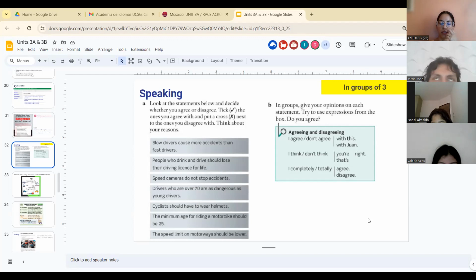Do you agree or disagree? The speed limits. Well, well, it's impossible for a bike to be as fast as a car. Yes. But yeah, they have to be the same speed limit as the pedestrian zone. Yeah, that's a very good point.